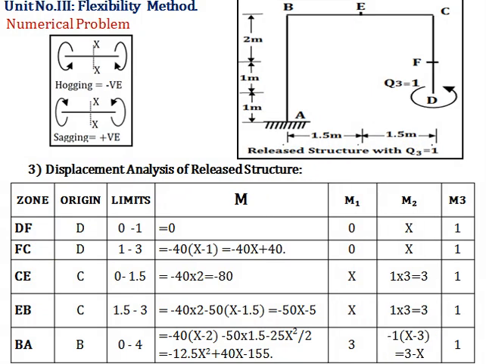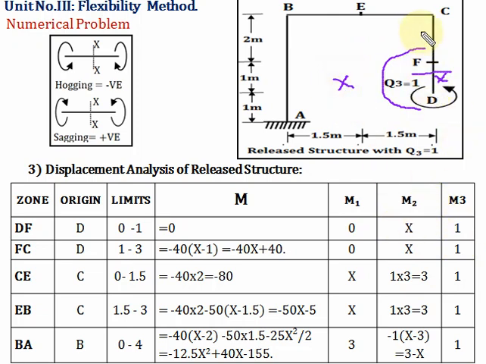Now we'll find out the bending moment due to Q3 equal to 1. Now here it is a moment now, so only you have to consider the moment, don't multiply by the length. So first in the zone FD, measure x from D point. So here the nature will be what? Sagging. Okay, so plus we are standing inside the frame.